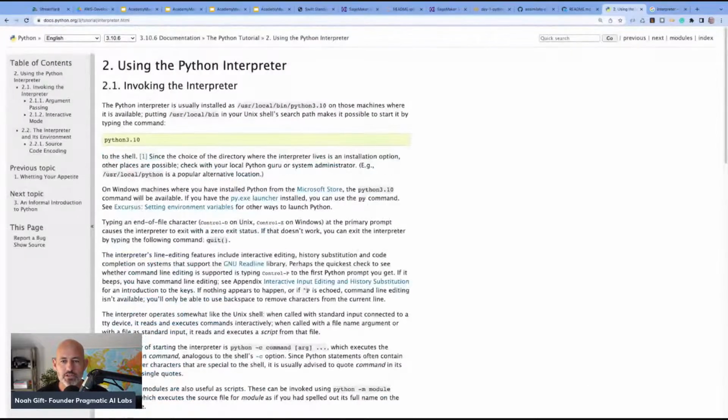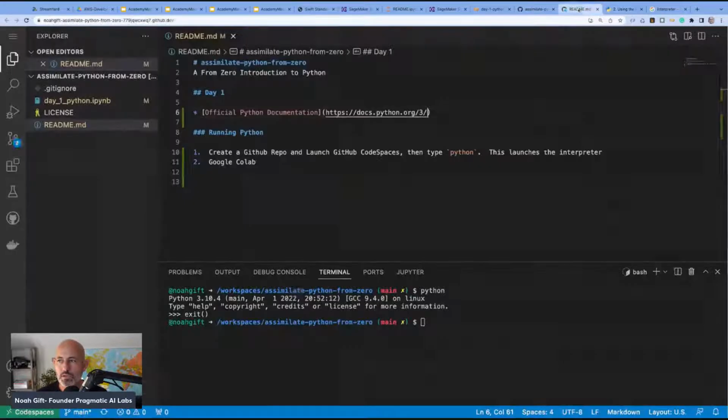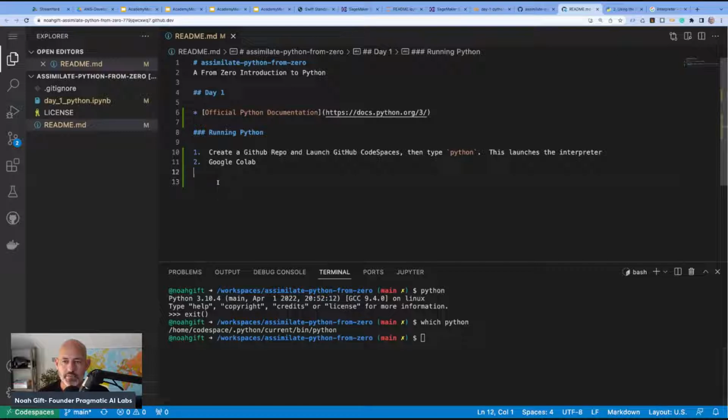Now, the next thing is using the interpreter. So we just went through this. The Python interpreter is usually in your operating system. Because we're using a Linux environment, we can actually find this out. So if we say which python, it'll tell us where Python is. Now let's even put that. Let's just say like get running Python, like,